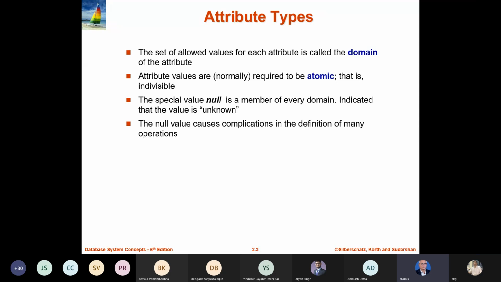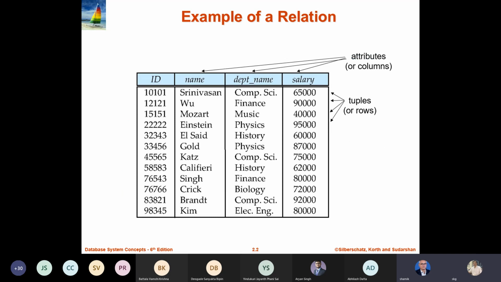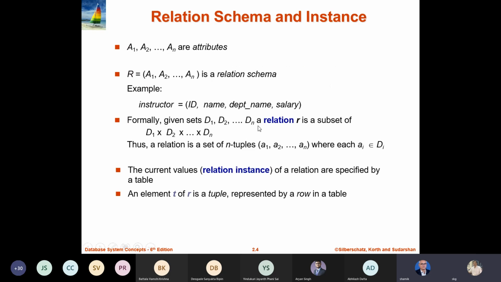But nevertheless, a domain may have a null value. So if there are attributes, say A1, A2, dot dot AN, the relation R is A1, A2, dot dot AN. Like in this case, the relation is ID, name, department name and salary, right? So this is my relation, the instructor, as I was telling employee, let us consider the relation name to be instructor, which consists of this attribute set,